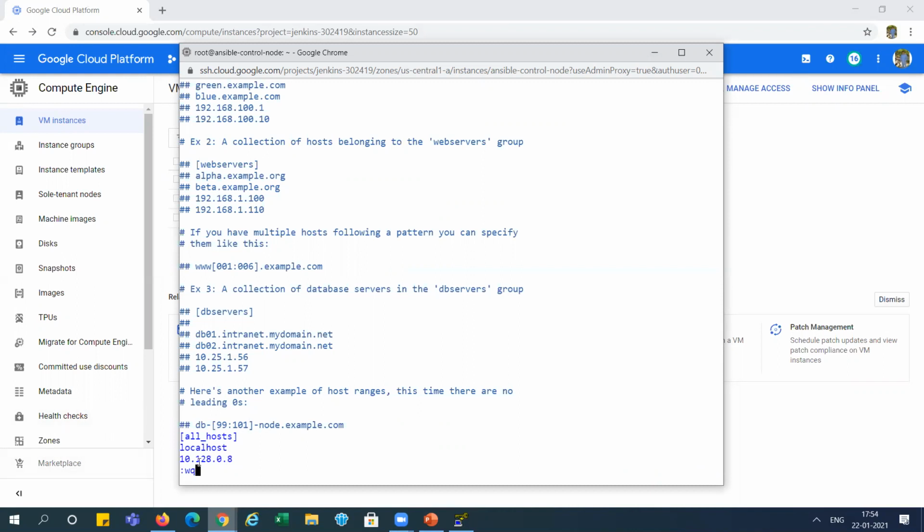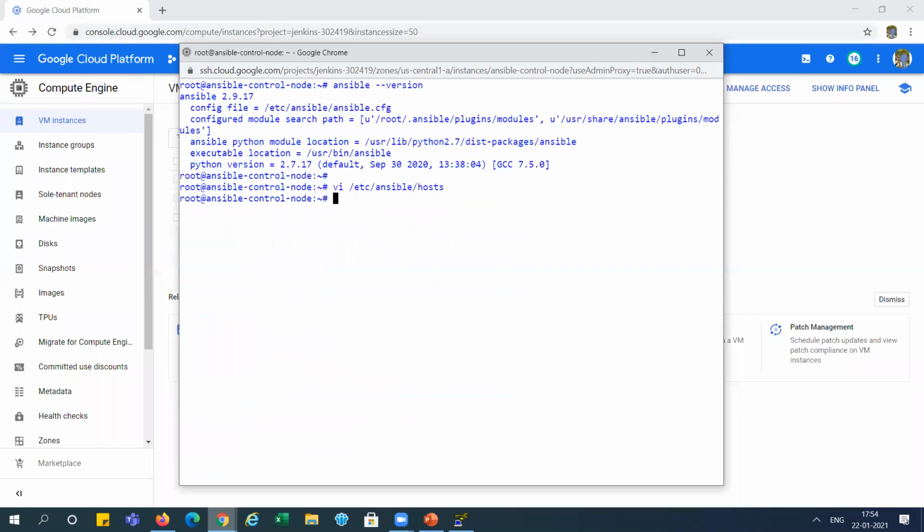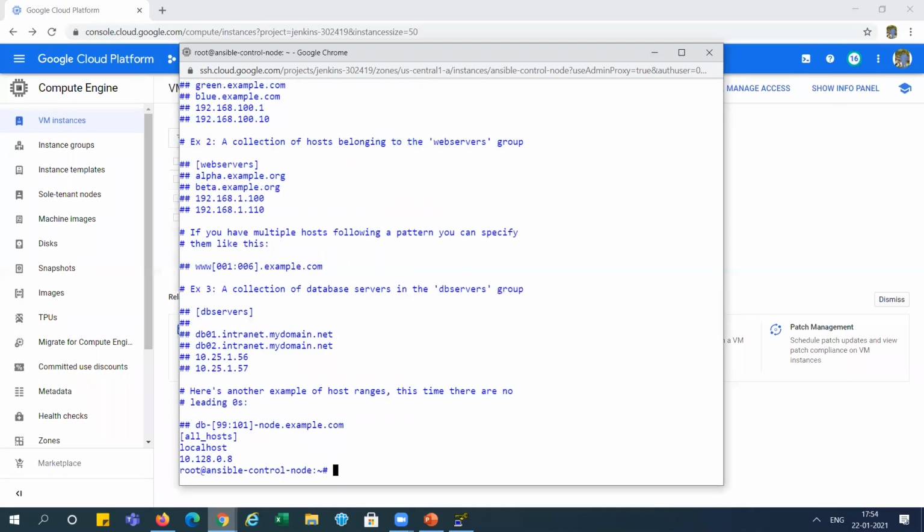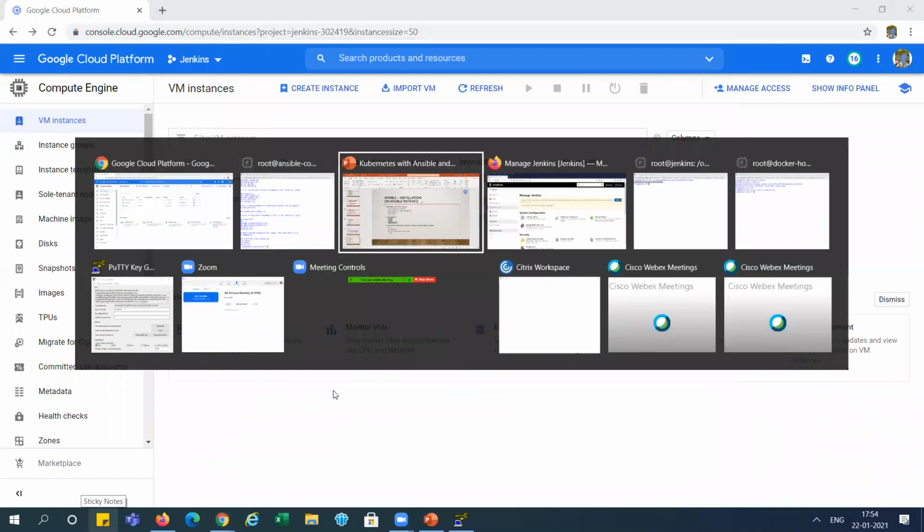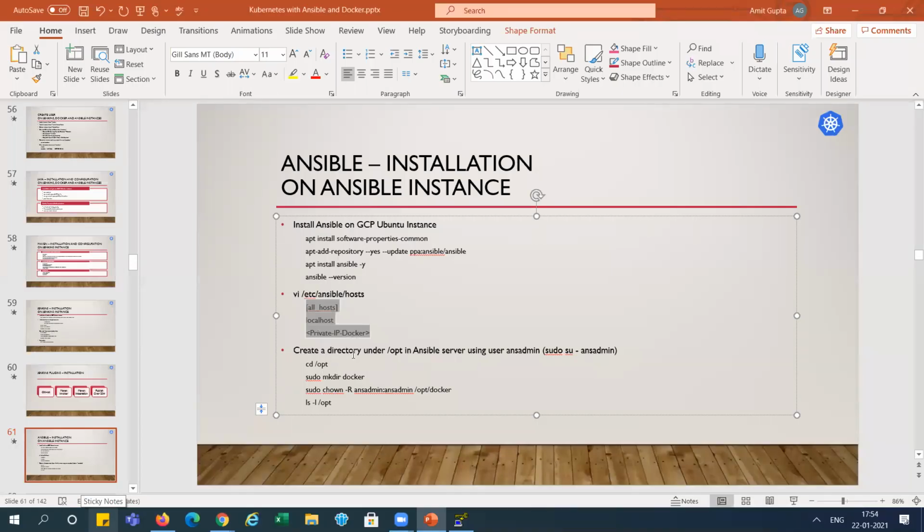And I have put these two things in one group. All host names are there, and I put them in one group. Okay, you can see here. See, it is showing over here, right?